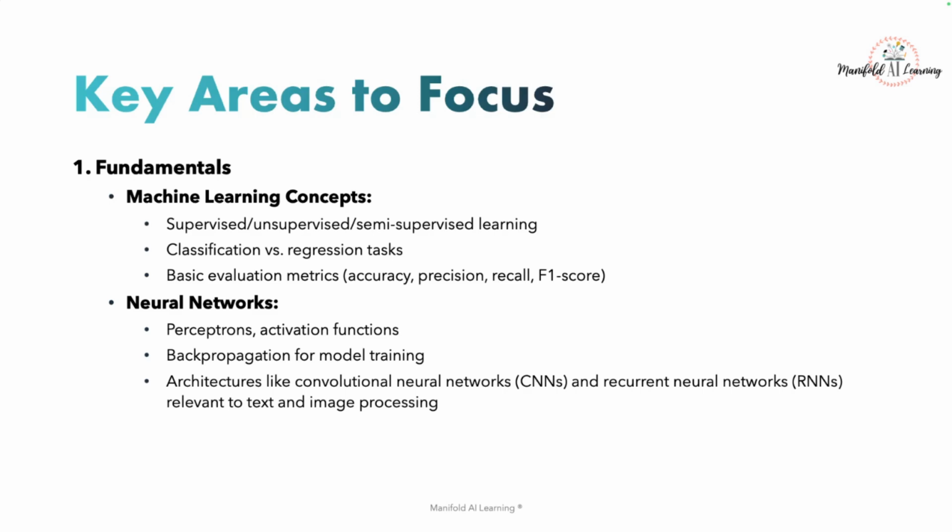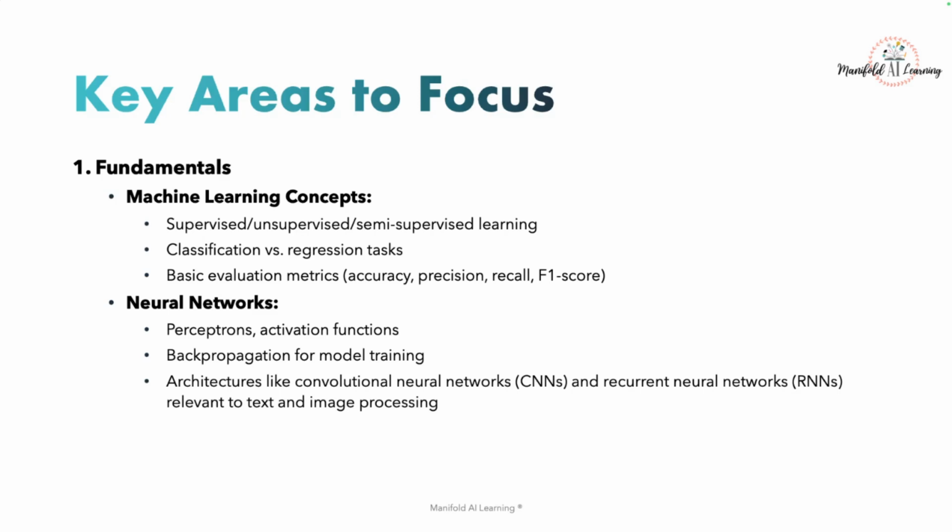Suppose I'm trying to build a model and I want to reduce the false positives in a given data set. In that scenario, which metric do you recommend? What do you think, guys? I'll leave it up to you. Just think about it. If I want to reduce the false positives, which metric do I have to focus on? If you're aware of it, do let me know in the comment section which metric I have to use. But I hope you're getting the kind of questions that you can expect.